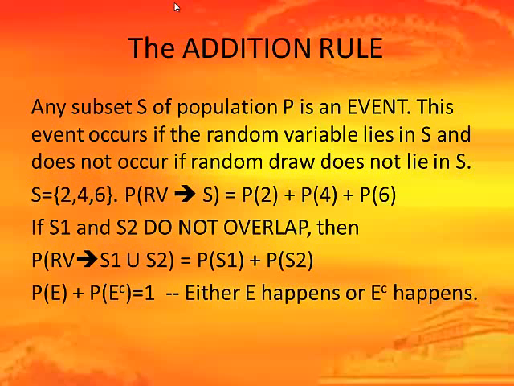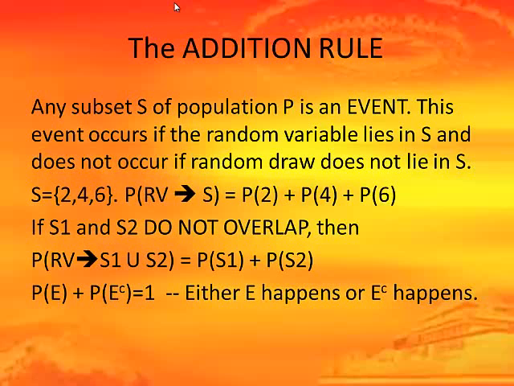Now, if you have two different events, two subsets, again the same rule applies. You can add the probabilities, provided that they don't overlap. If the two sets overlap, then you will double count those things which are in the intersection. So in that case, you take the union of the two sets, and then you have to subtract the intersection